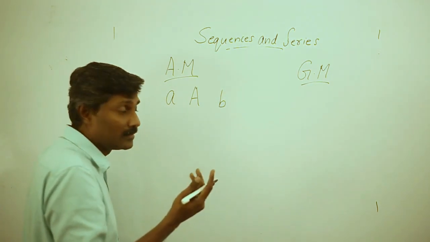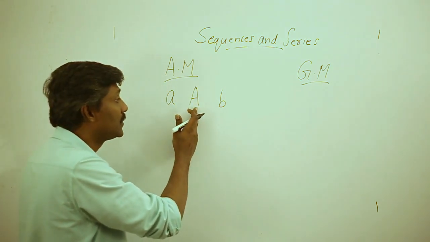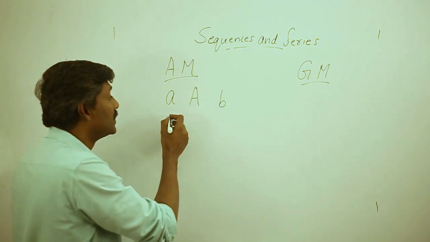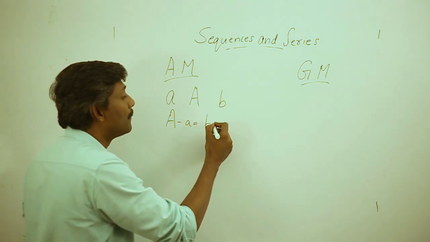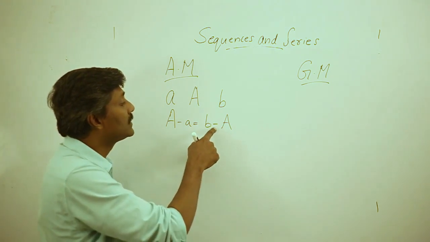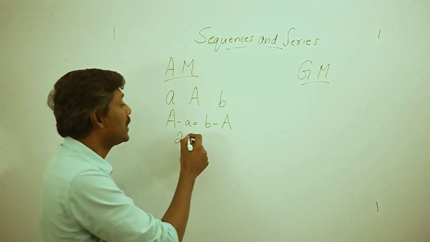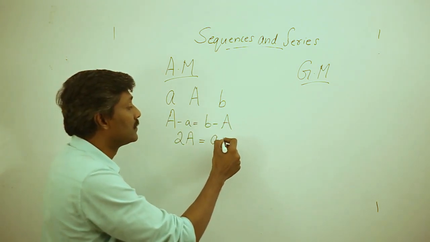Then we know that the common difference has to be the same, right? The difference between these two terms has to be equal to the difference between these two terms. So we can write A minus a is equal to b minus A, correct? Now, I will take this minus a to the left, that becomes plus a. So A plus A becomes 2A, and this minus A goes to the right, which becomes positive, that is a